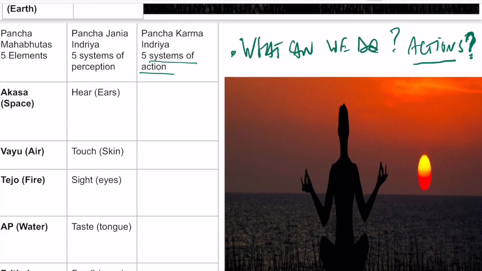What else can we do? We have our legs, we have our hands, we have our tongue. We have our system of talking. We use our tongue to talk, right? So by talking, you are also using energy. Right now I am emitting vibrations into the air that go into this iPad, and this energy then travels into your ears. So the action of talking was connected to the air element. We talk, we make the air vibrate. So we have legs, hands, mouth to talk,